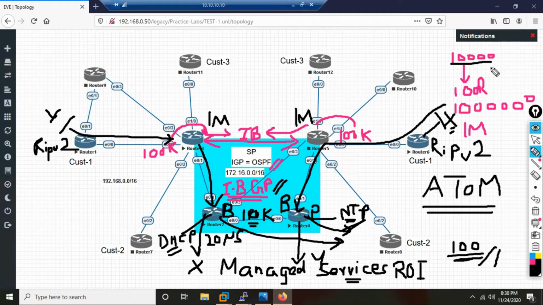Plus, now you don't require CCIEs to manage your network. You don't need highly qualified personnel, because that much BGP is not there anymore. You are running BGP only on your PE routers. There is no BGP on P routers. Maybe on one or two P routers you might still run BGP, that is okay, but compared to before MPLS, BGP has come down very low.